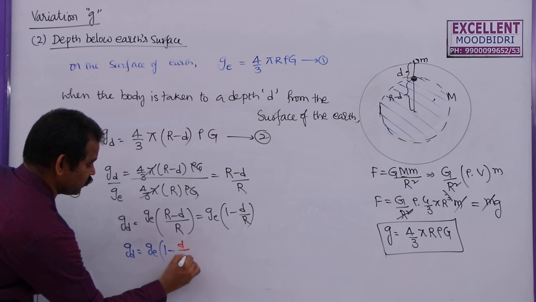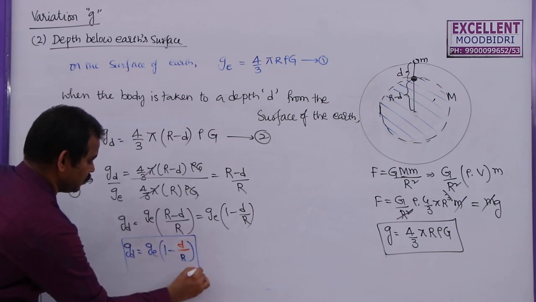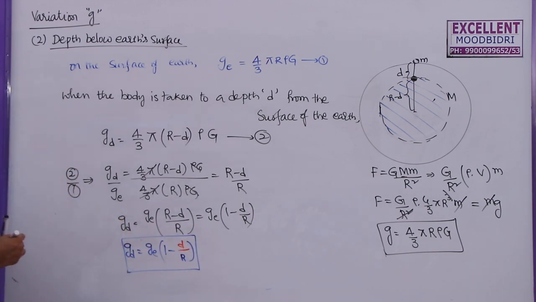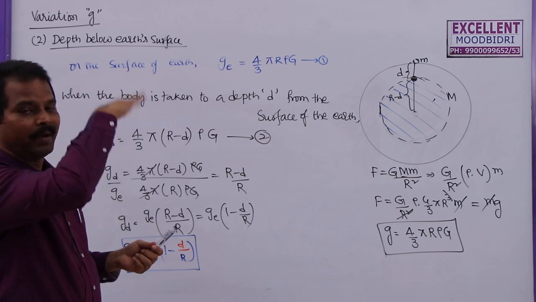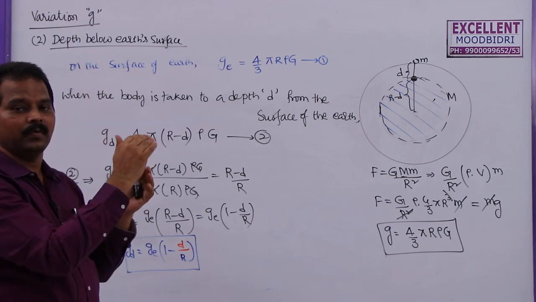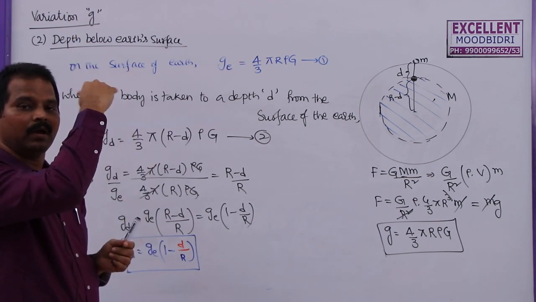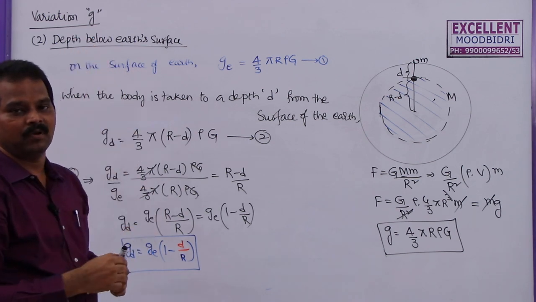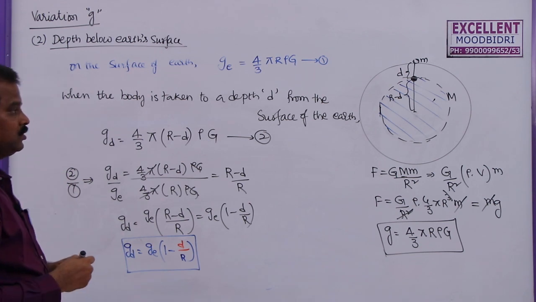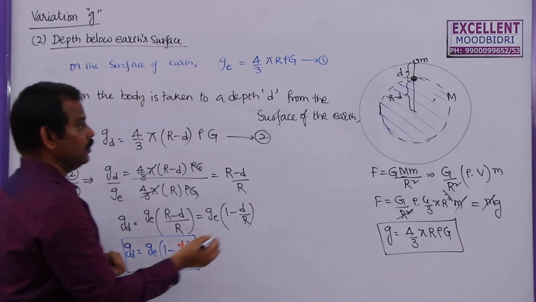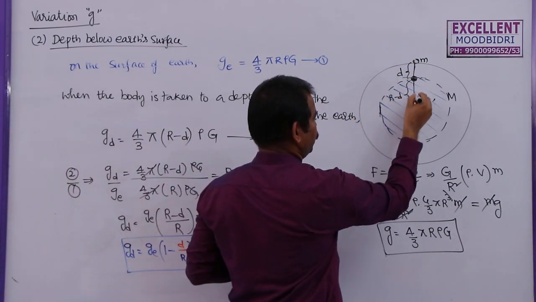This is the equation of acceleration towards the depth d from the surface of earth. Here above the surface of earth, h can take any value, because we can go not only 6,400 kilometers, we can go up to 1 lakh, 2 lakh or 1 crore, some millions of kilometers. So we can find small g due to the earth at any place in the universe. But if you want to go deep into the earth, you can go up to here only.